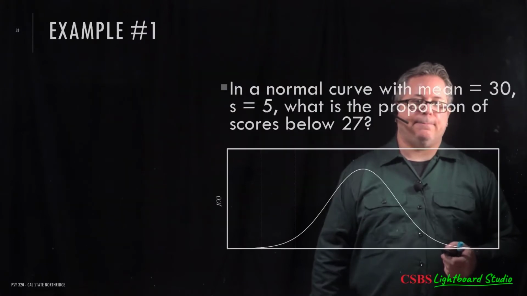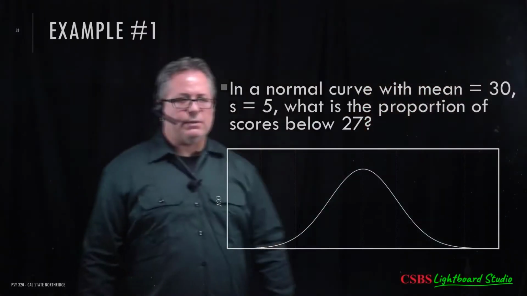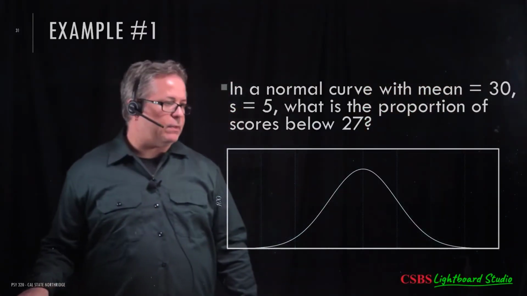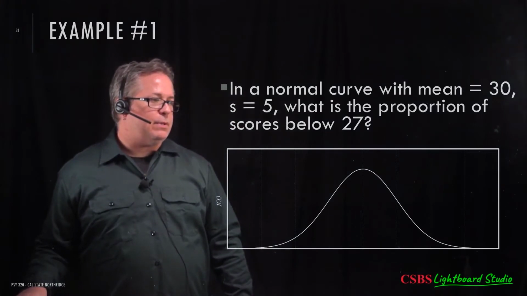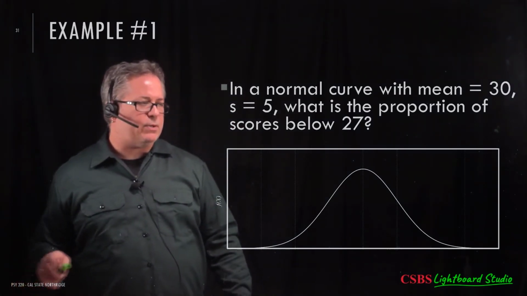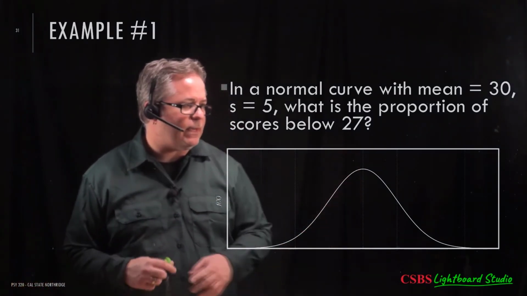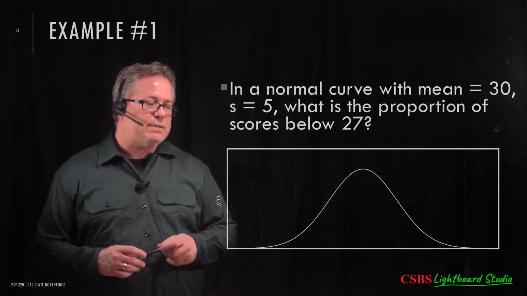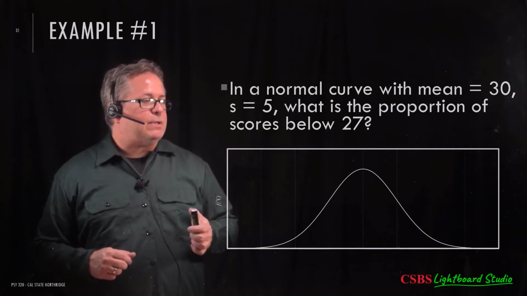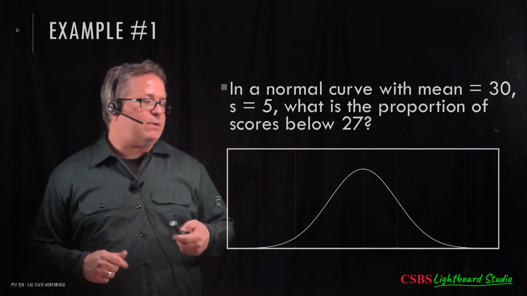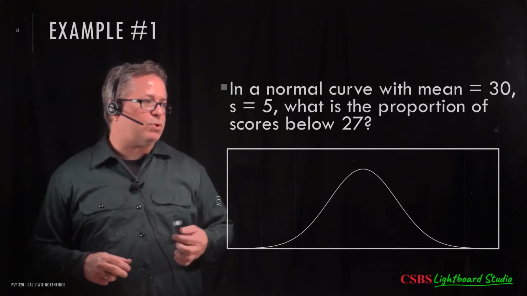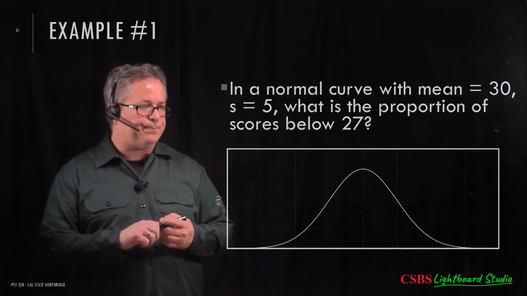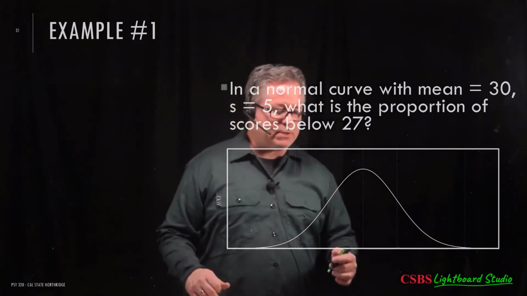All right, let's talk about some examples. So let's talk about an example applying all this stuff together. So here's my normal curve. Again, there are some lines there. They're kind of faint, but they're there to mark off where the standard deviations might be. So in a normal curve with a mean of 30 and standard deviation of 5, what is the proportion of scores below 27? So the way that I would approach this, again, is to